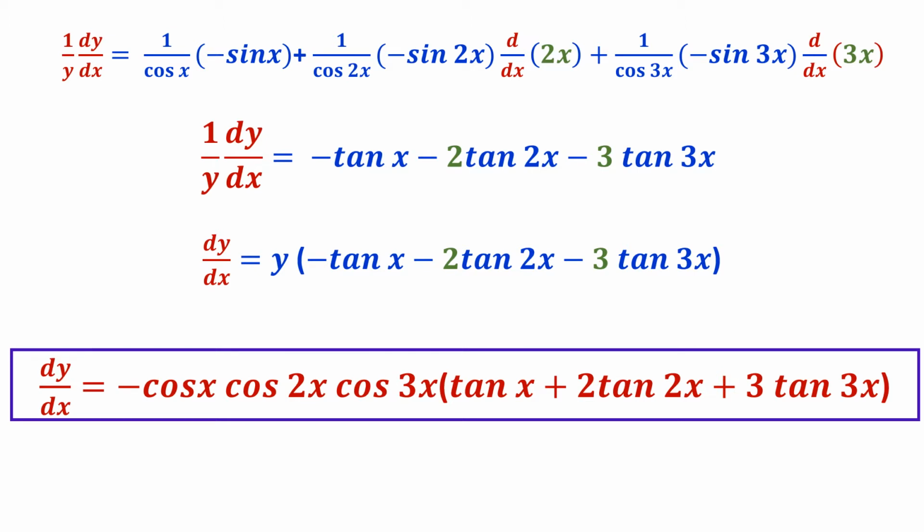If you expand the bracket, only the cos and tan may get cancelled, because tan is sin by cos, therefore sin you will get. Then cos 2x into tan 2x, when you multiply, the tan 2x is sin by cos, therefore it will get multiplied. But you can leave it as it is. Now here the product rule which we can use has been simplified when you take the logarithm on both sides.